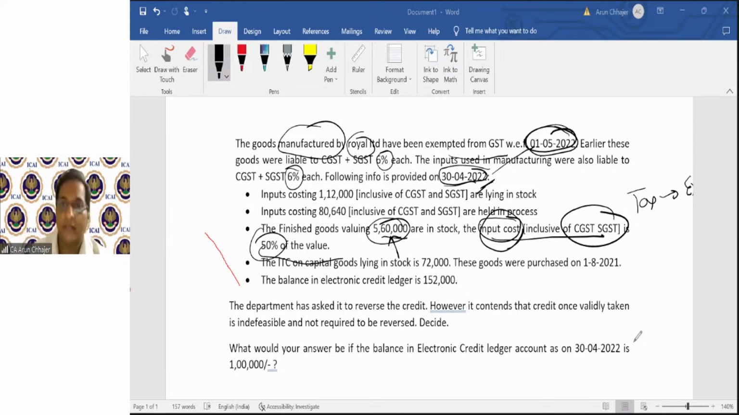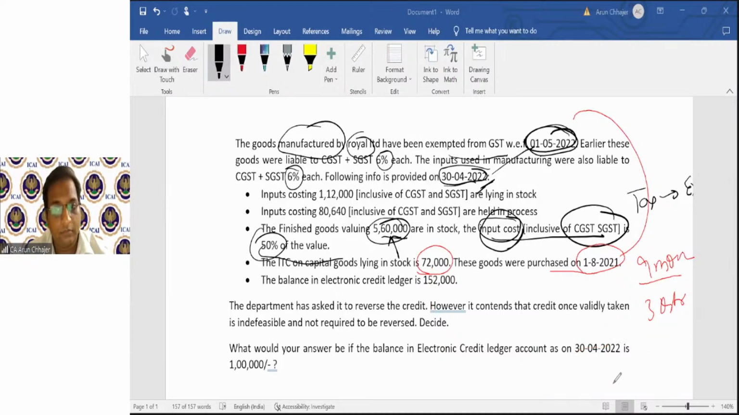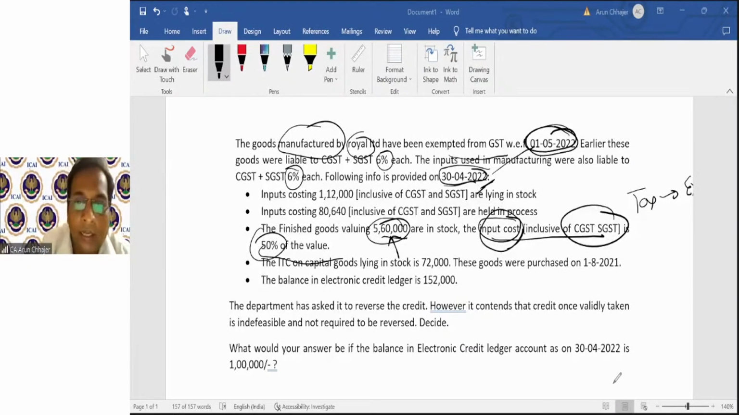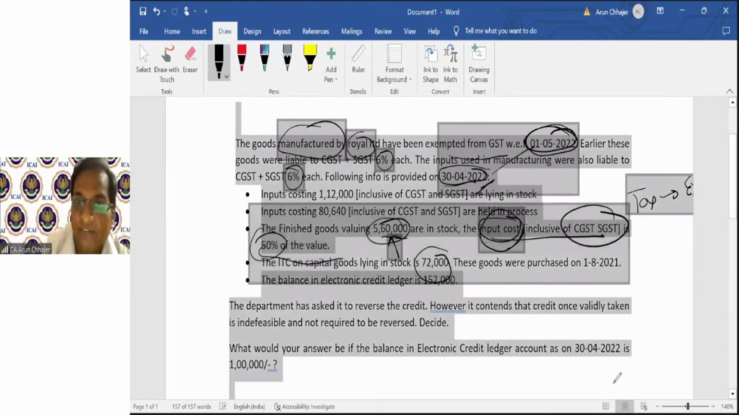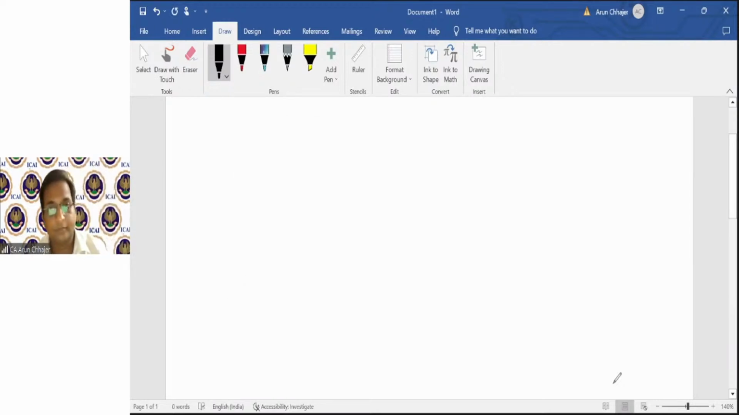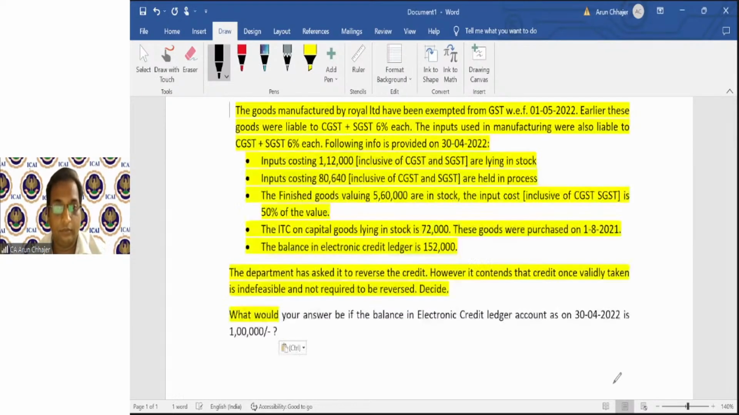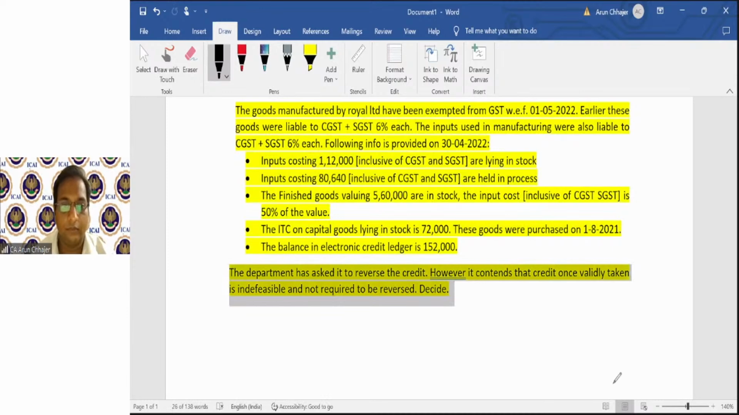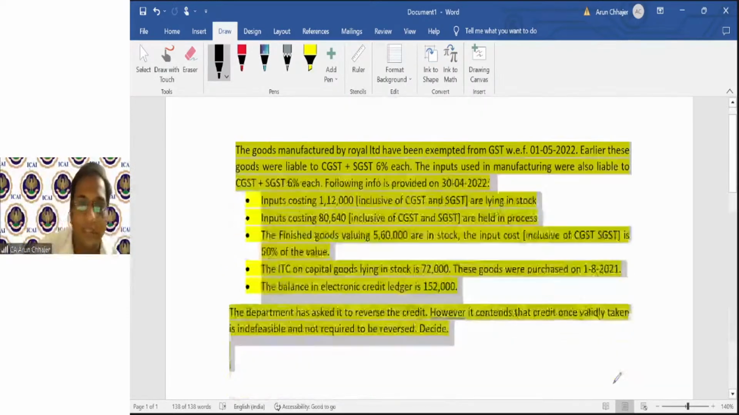सो अभी मैंने क्या समझा, लेट मी रिपीट वंस अगेन। एक मिनट दीजिएगा मुझे। इन दिस क्वेश्चन, 72,000 is the